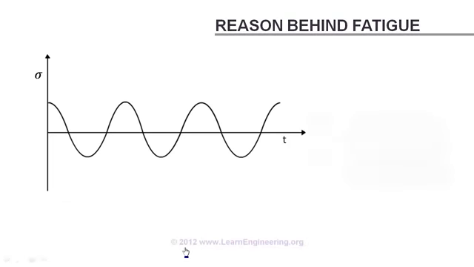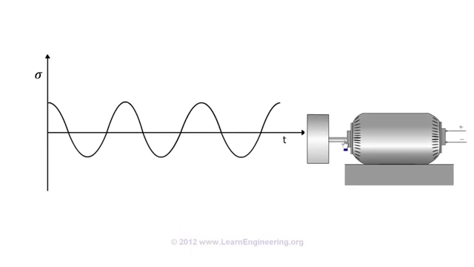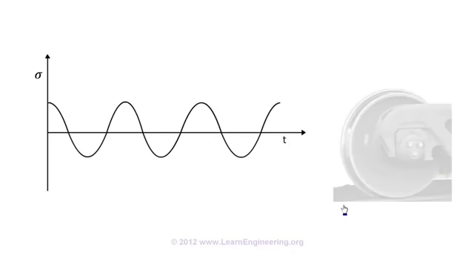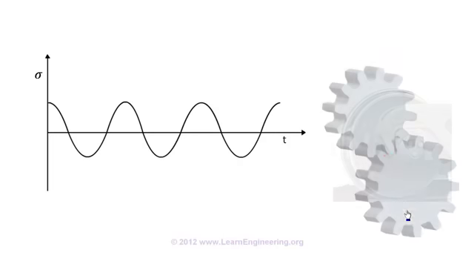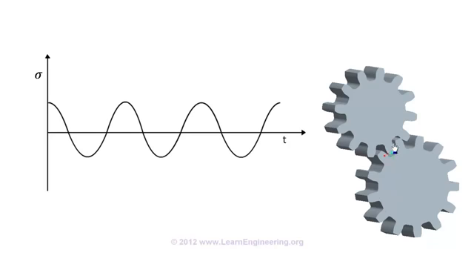The same phenomenon can happen for the axle of this motor, where it is undergoing fluctuating stress due to the gravity effect of this mass. This rail wheel, when it is in contact with the track, produces a high contact stress. But when the wheel rotates, the stress gets relieved. When it comes back to the original position, contact stress arises again. So this also is a case of fluctuating stress. It may fail due to fatigue if we do not design it properly. Same is the case with a gear pair. Here contact stress arises at the mating point.